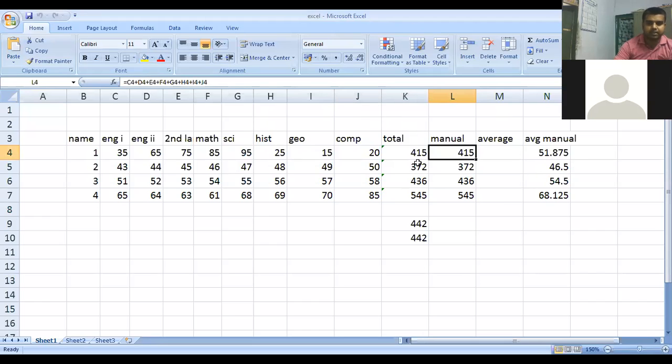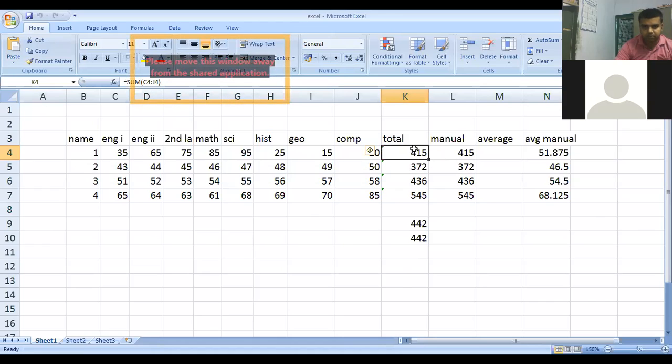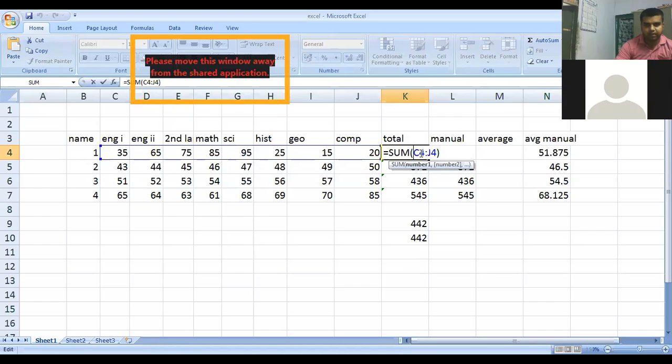The second way is that you can write the SUM function, and once you write it, you give the first cell and the last cell name. If I click here and look at the sum function, you have the name of the first cell and then the name of the last cell.